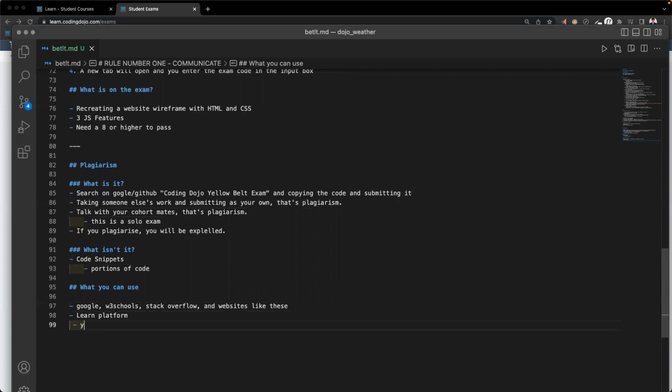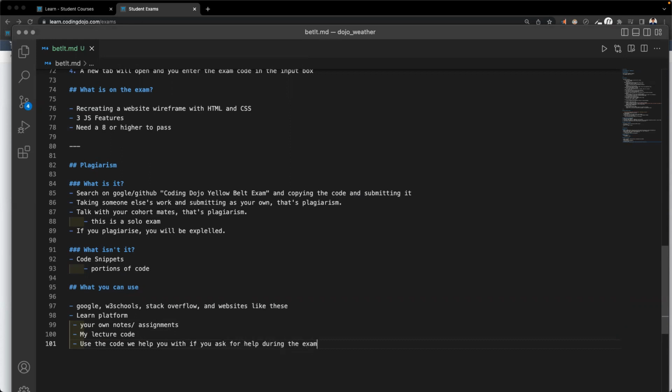And you can use your own notes and assignments. You can use my lecture code as well. And if you ask for help and we help you, then you can use the code. So use the code that we can guide you with.